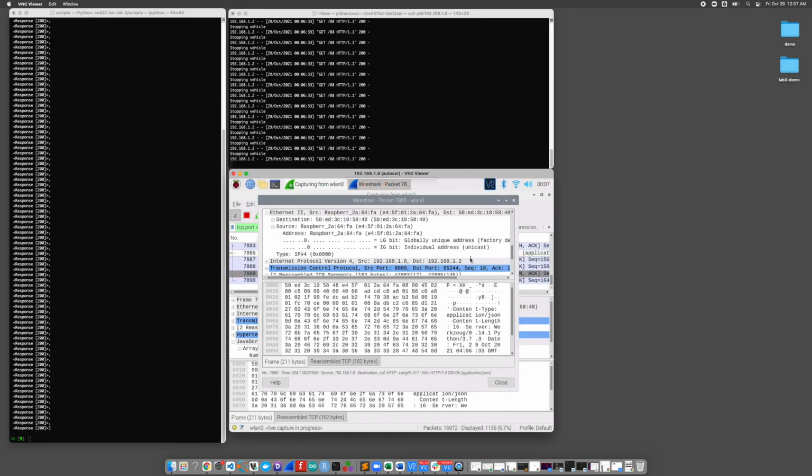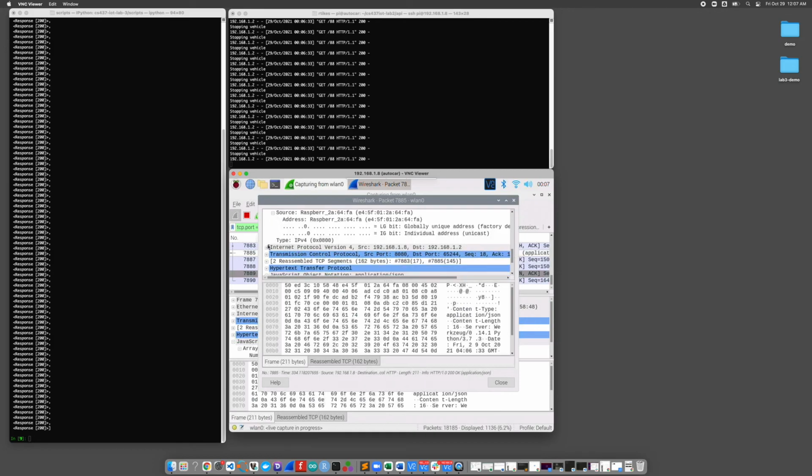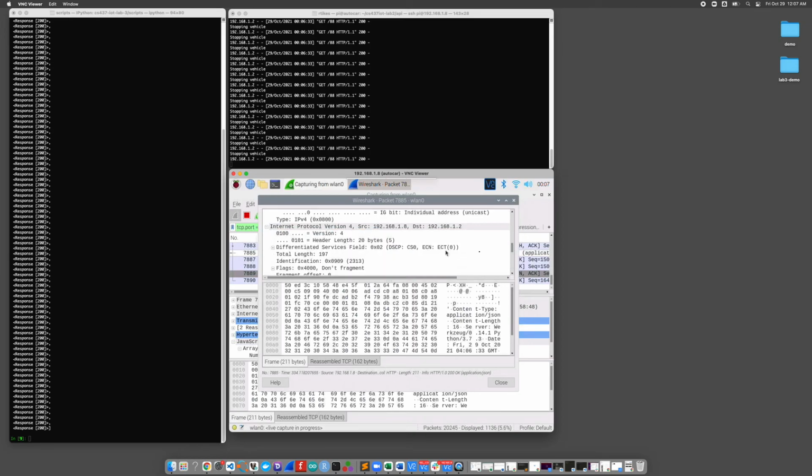So there's the source, IPv4, so all the TCP information, flags, so source port 8080, and down to HTTP, there's the 200 response, and that's why Wireshark is very